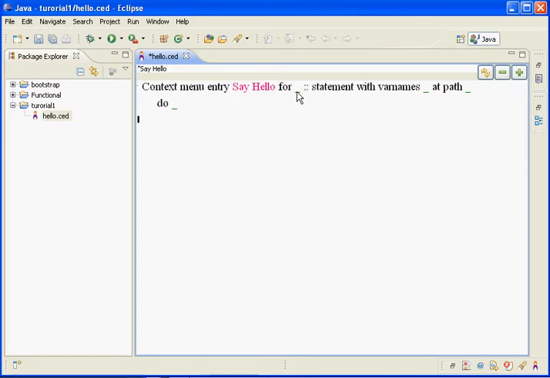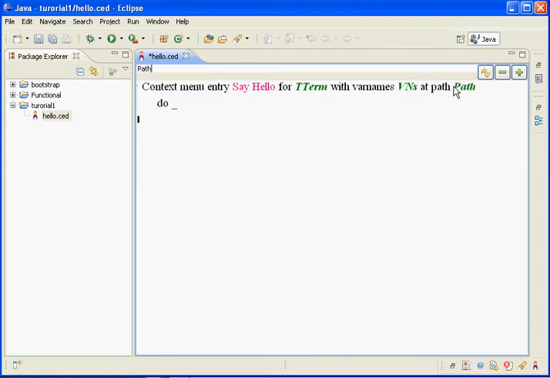Say hello for. Now this is what we call a type term, a term with a type. It wrote a statement because that was the type of the whole thing it replaced. But I will just write t-term here, which is a common name for variables holding type terms. Variables in Cedalion start with a capital letter, and they are depicted here in green italics. I will give a variable name for the variable names. I call it vns, and a variable for the path